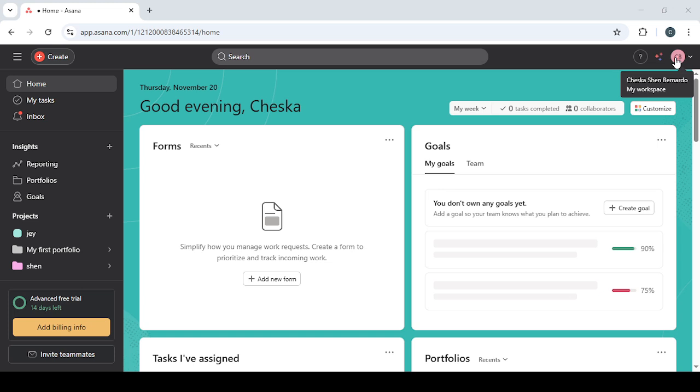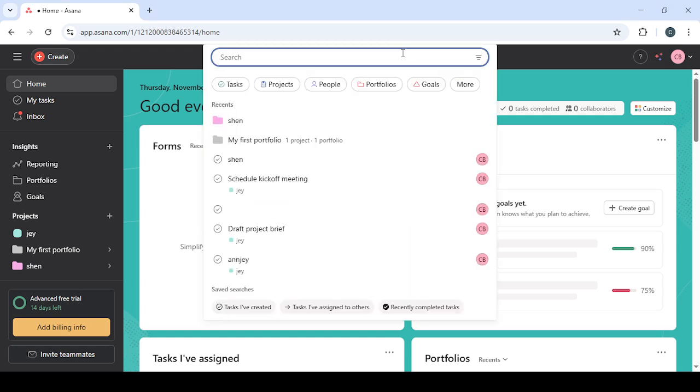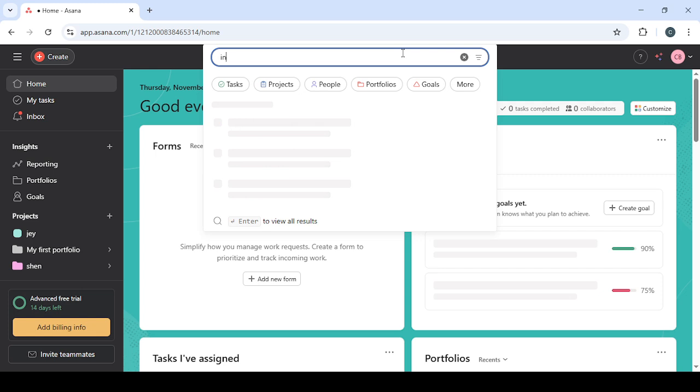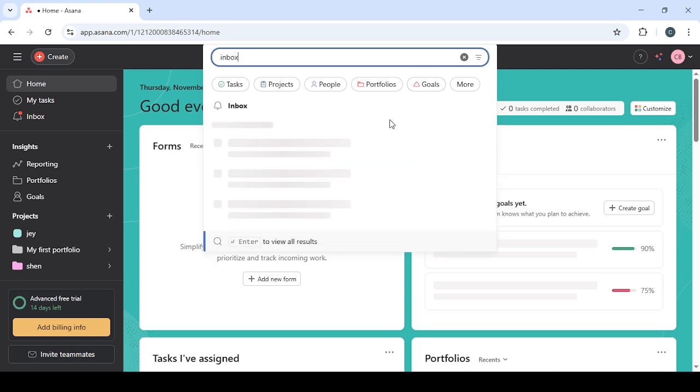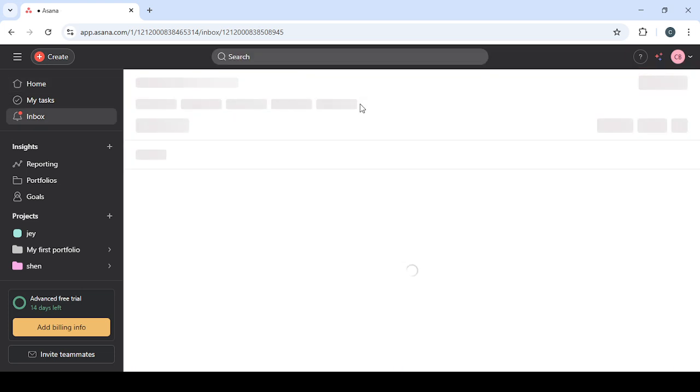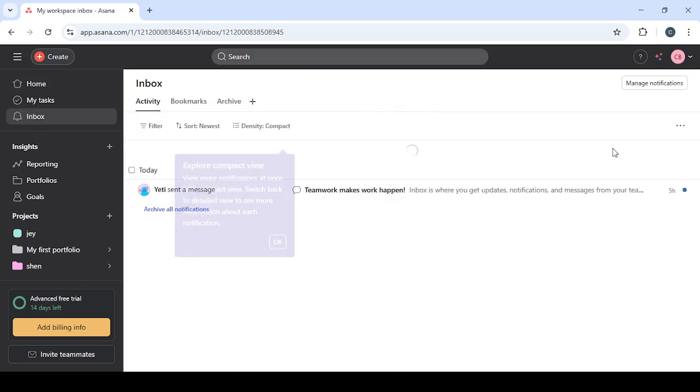day. Once you're in, you have two main places to interact with conversations: the inbox and the comments section on a specific task or project. The inbox, found in the left sidebar, is your central hub for updates. Think of it like a feed of what's happening across your work. It's perfect when you want to respond to activity notifications or keep a pulse on progress without drilling into each